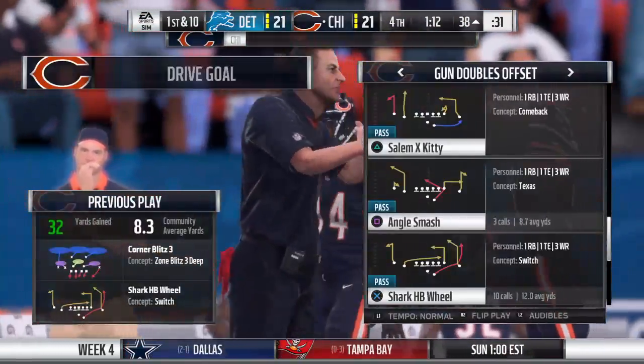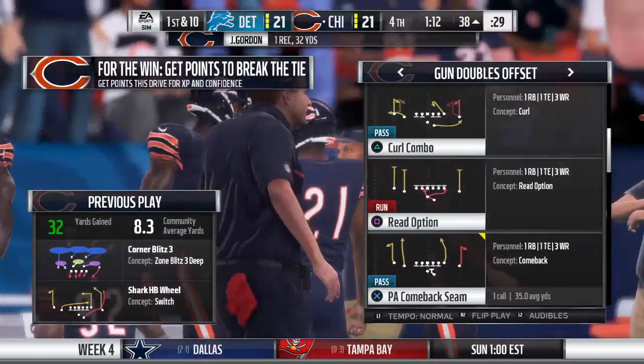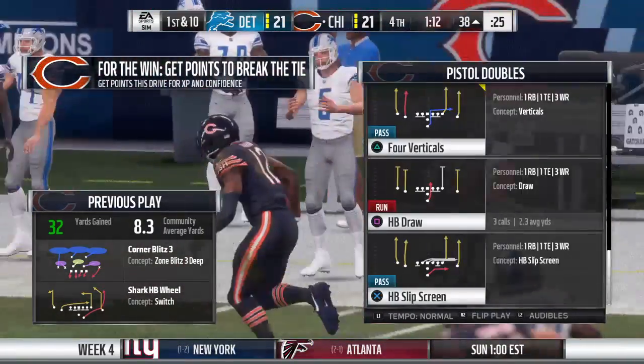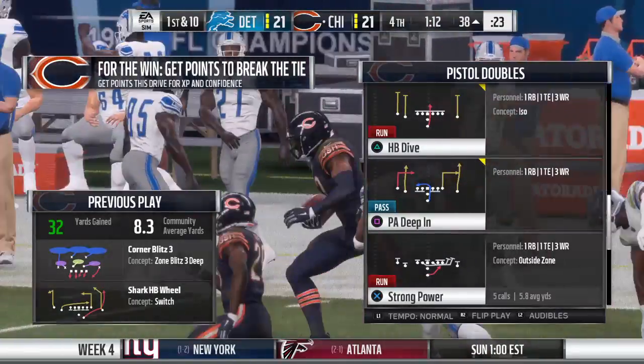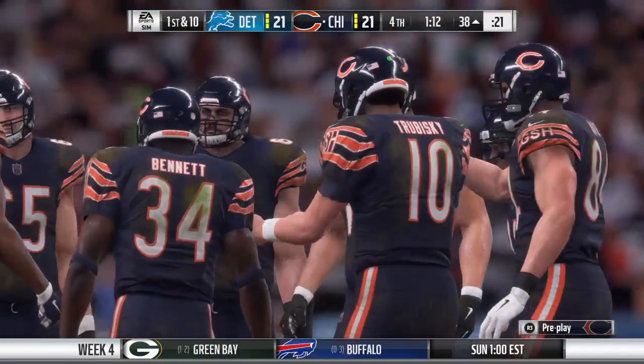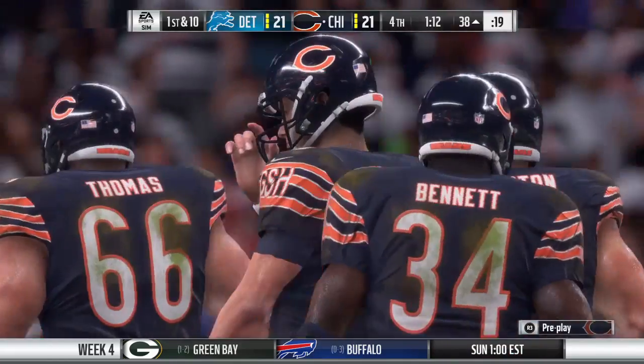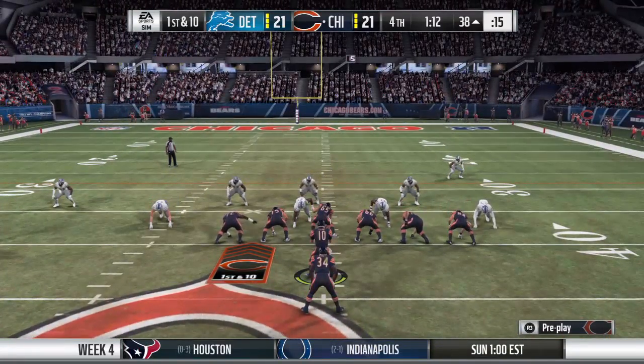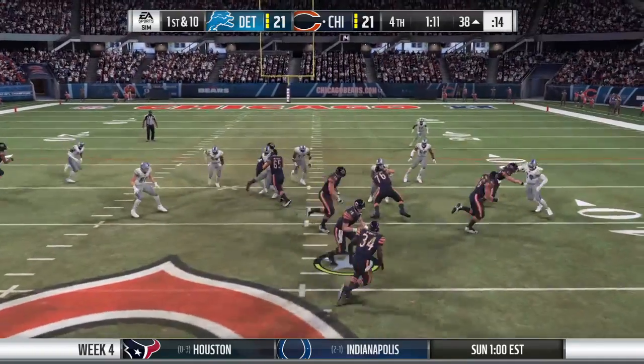A lot of receivers see the drag route as a risk-reward type of play. The risk, going into the middle of the field where there's some big people who want to hit you. But the reward is oftentimes you get lost in coverage, running a little bit underneath. And when you catch it just right, as we just saw there, the end result can be a big, big play. Both teams working on short rest, but this has been one of the better Thursday night games we've seen